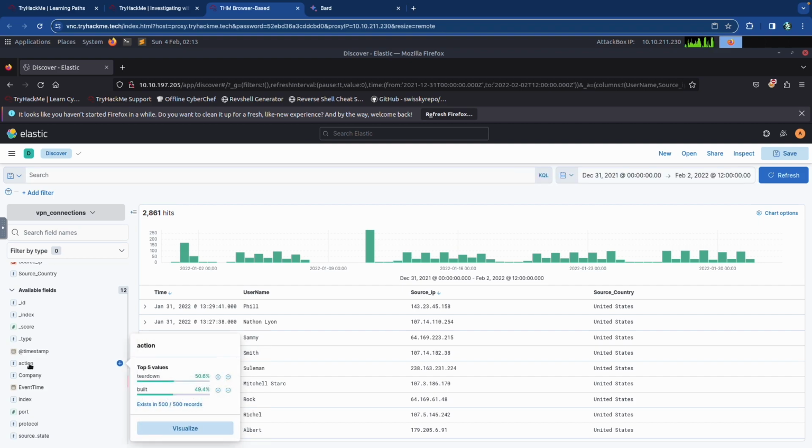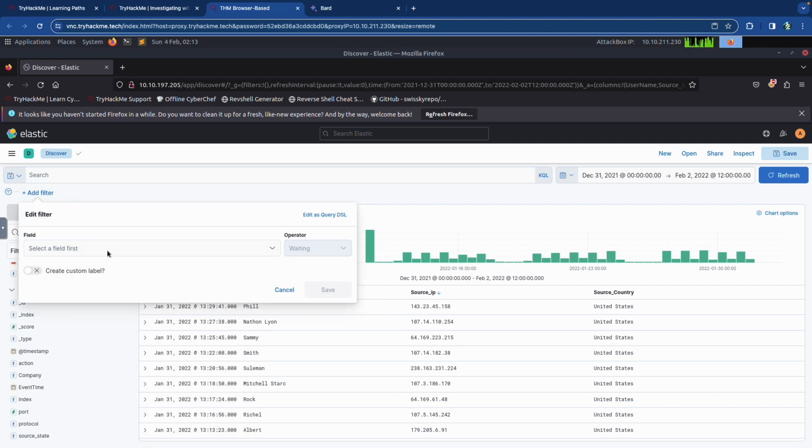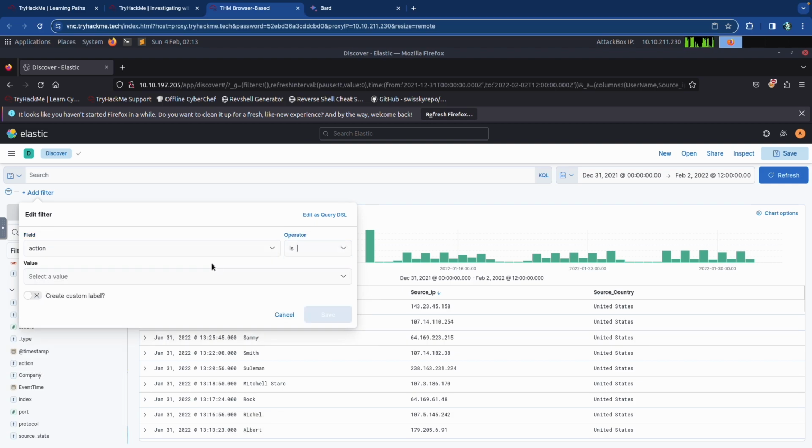And then the action that we want is tear down, build, and there's a bunch of different things. So first we're going to add a filter where the action would be failed attempts. So action is, and the option is failed. So action is failed. And then we're going to save that.